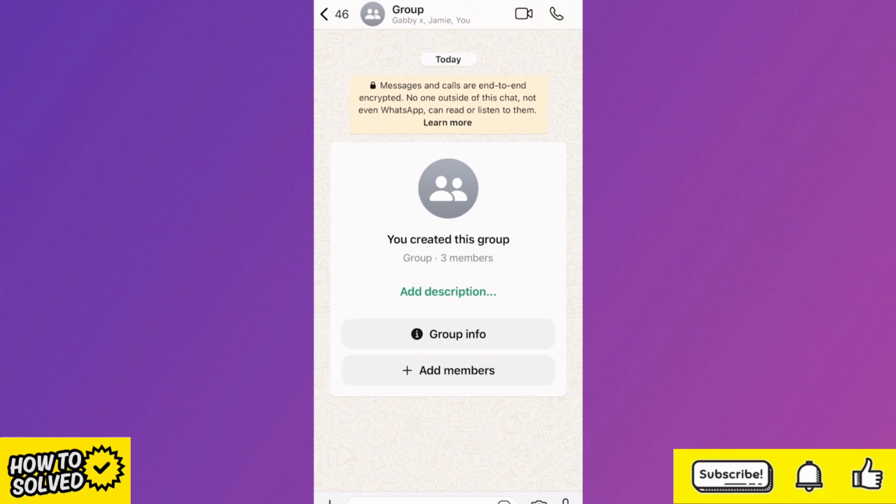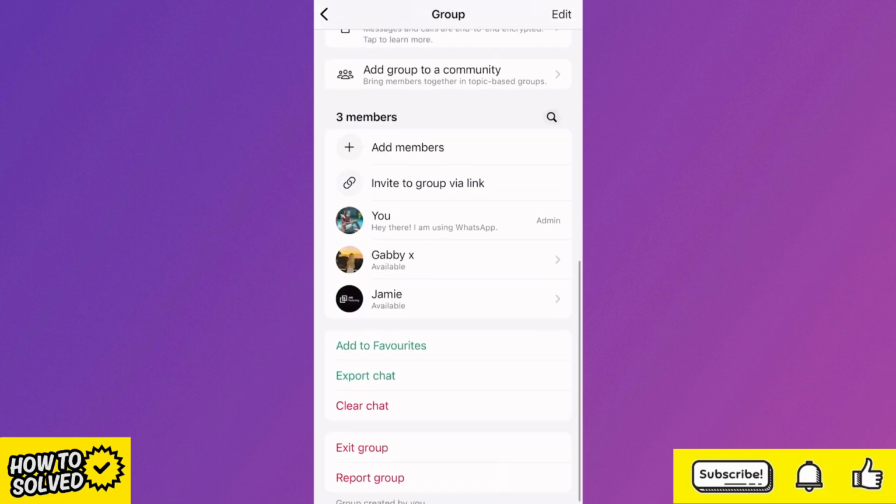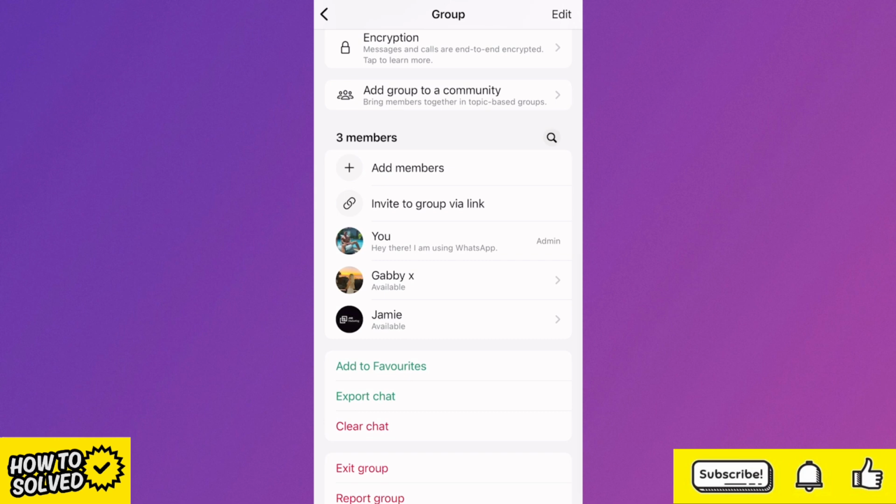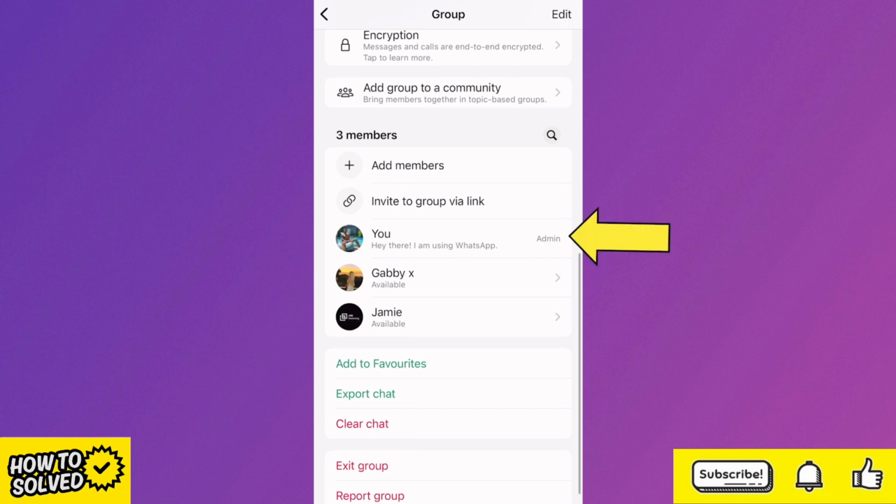Now, in order to delete a group, you need to ensure that you're first an admin of the group. So to do that, click on the group name at the very top here. And then if you scroll down, you just need to ensure that your profile is set to admin. As you can see here next to my name, it says admin, which means I have the permissions to delete